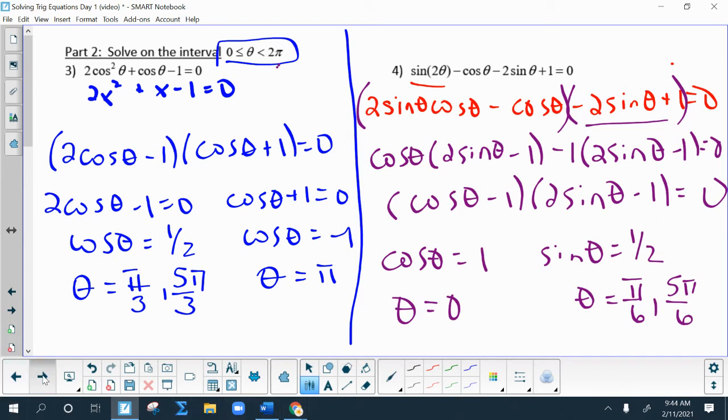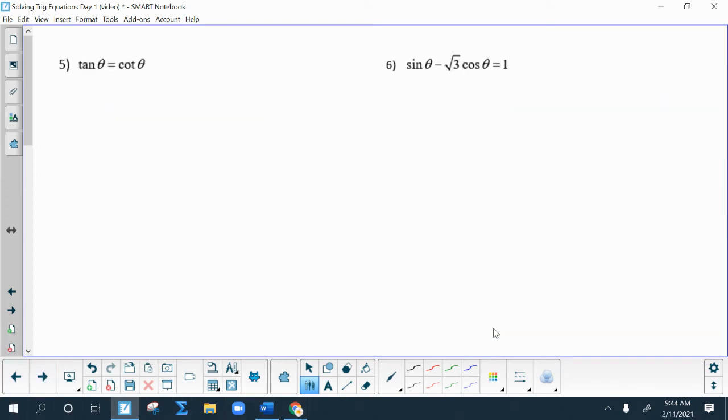All right, next ones, that last two actually. So number 5 here is asking you, where does tangent equal cotangent? Now remember, those things are reciprocals of each other. So that means that their numerators and their denominators would have to be the same in order for this to happen,